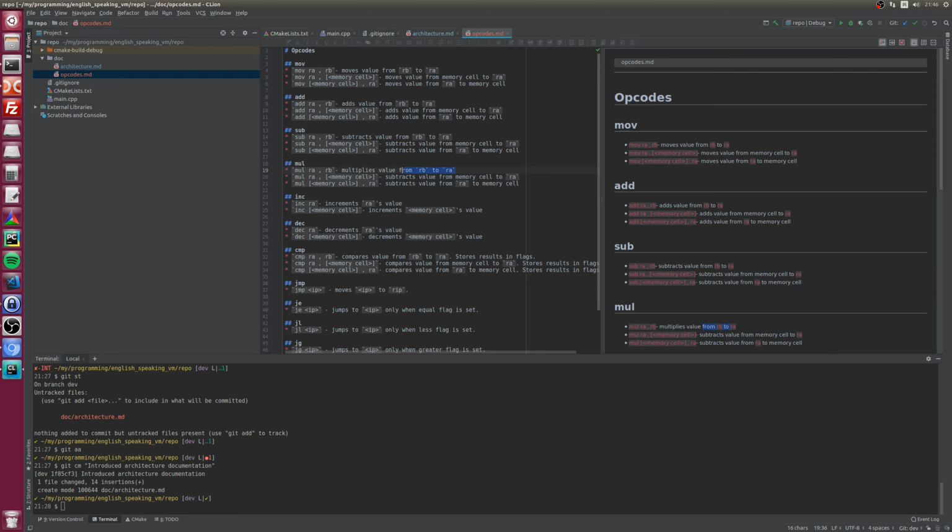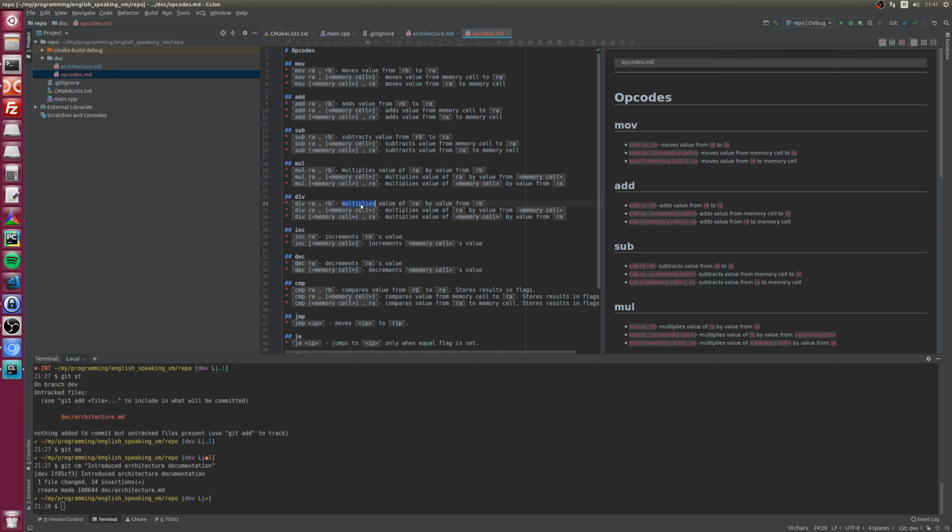Cool, div. And here we can't do the same, because with div you can end up with a remainder and the result.